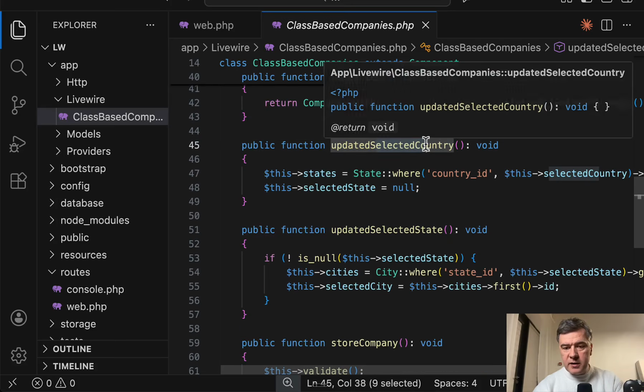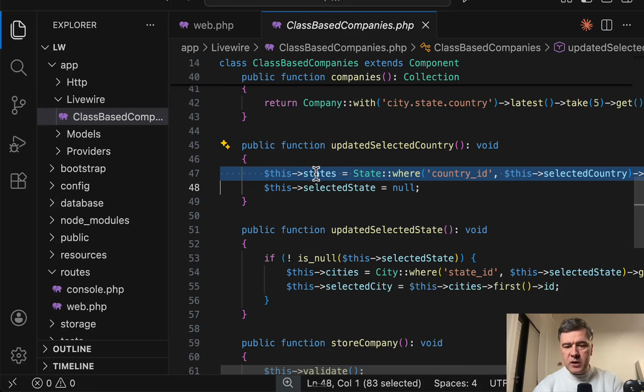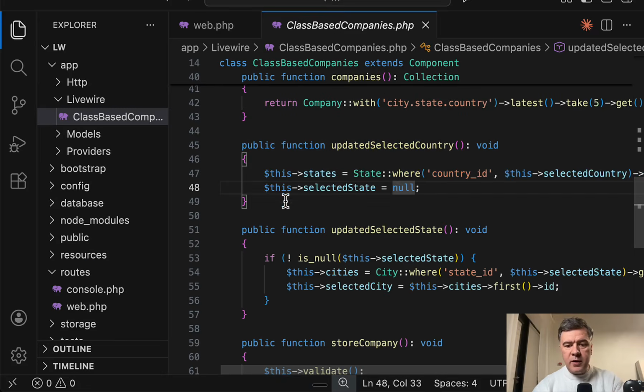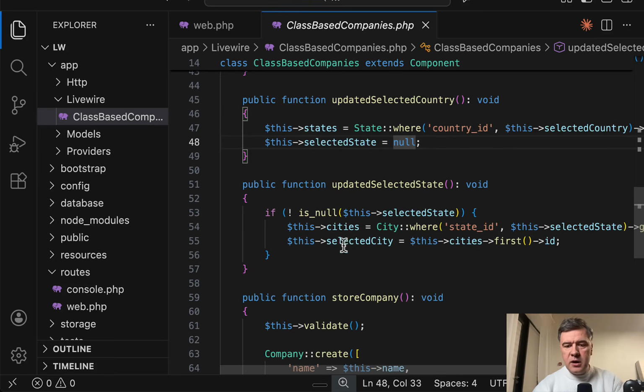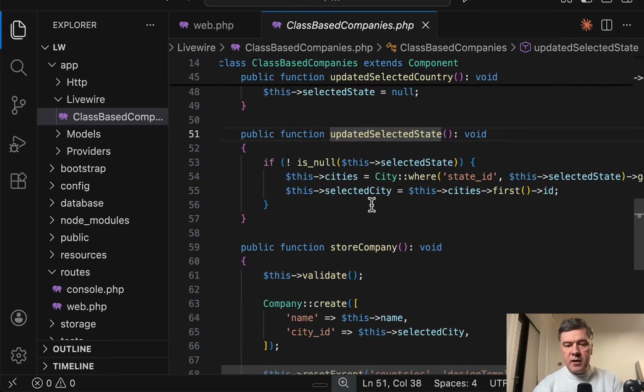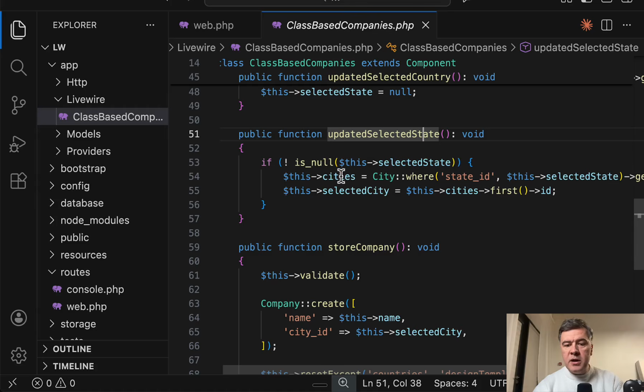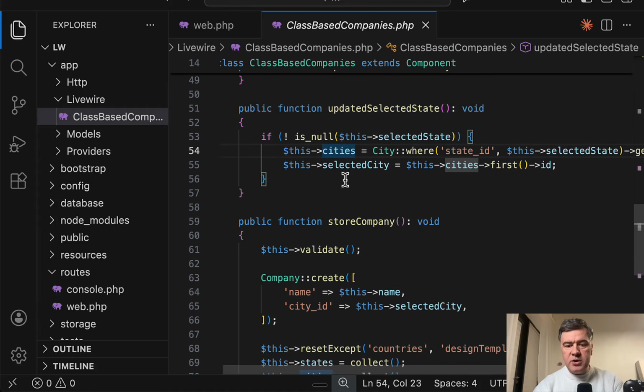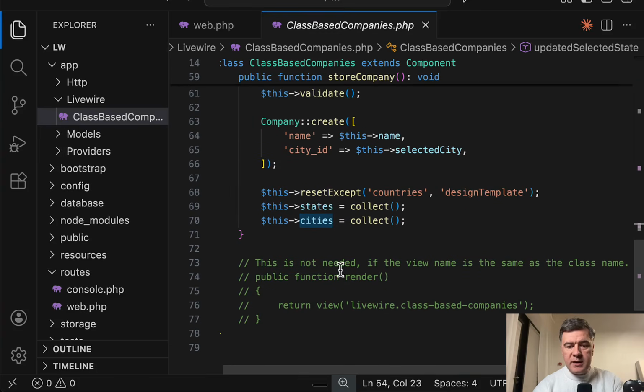So updated country: if we update the country, then we select the state and provide that selected state is null. If we update the state, then if the state is not empty, we go for cities and choose the first by default. And then we store the company with the data and then reset the data except those